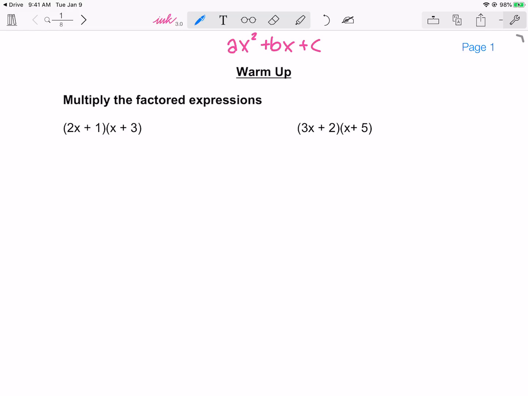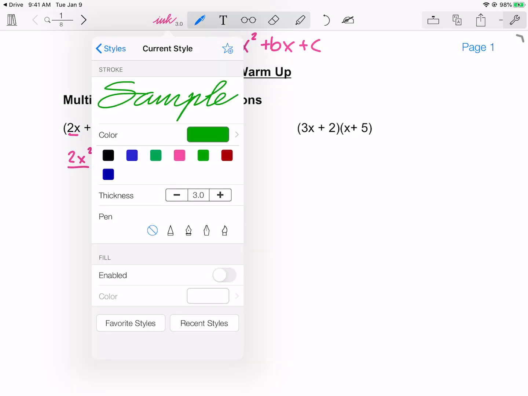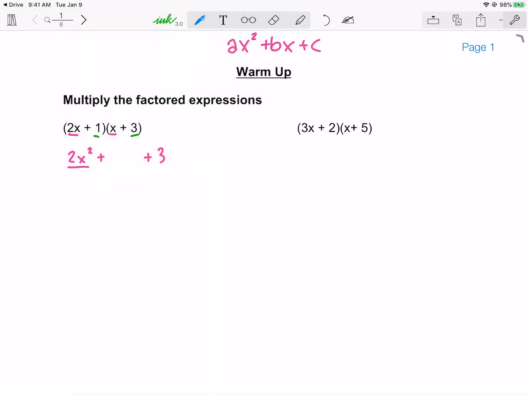But before we get going, I wanted to do a quick little warm-up, remind you of multiplying two binomials together. So if I multiply this, I'll get 2x squared and plus 3 with something in the middle. Now, I wanted to just focus on why I get this, first of all, because we're going to be looking for some patterns today, because we're going to have to go backwards. So the 2x times the x gave me the 2x squared,